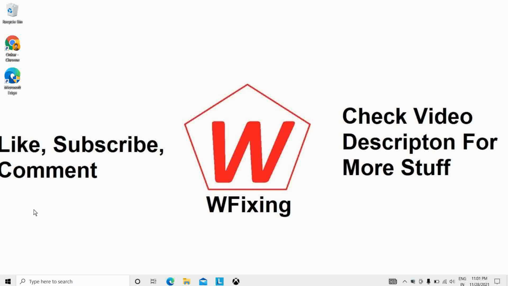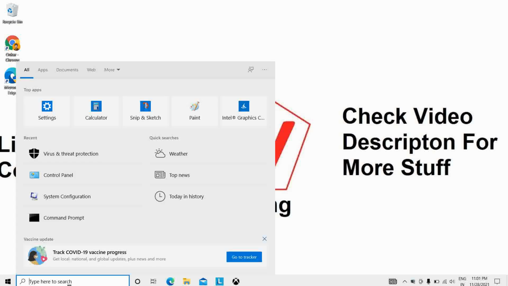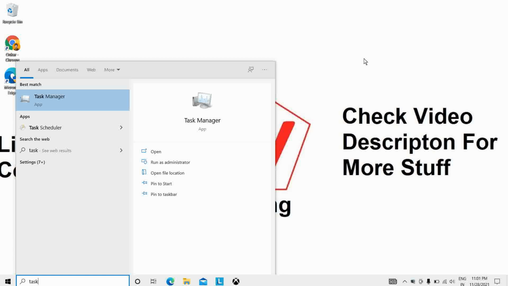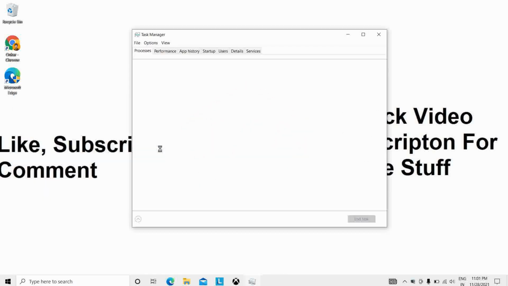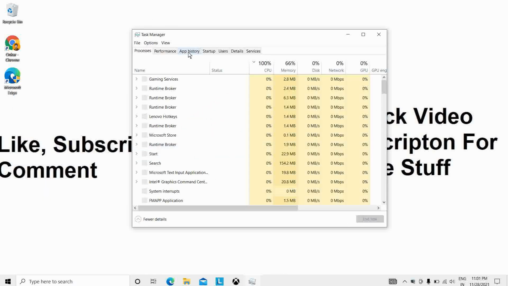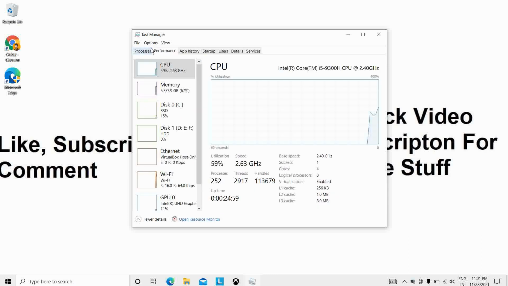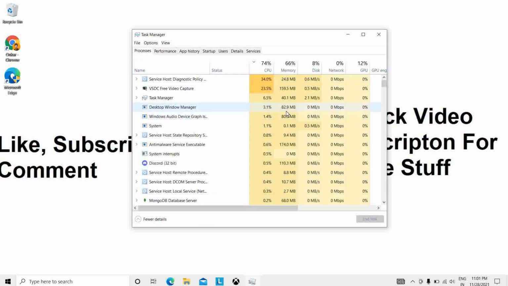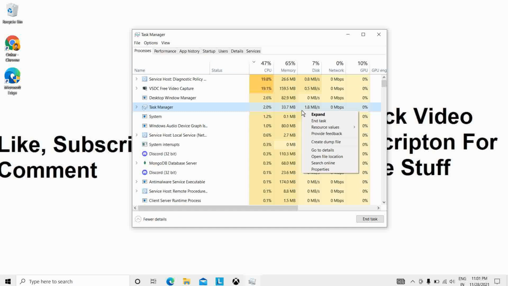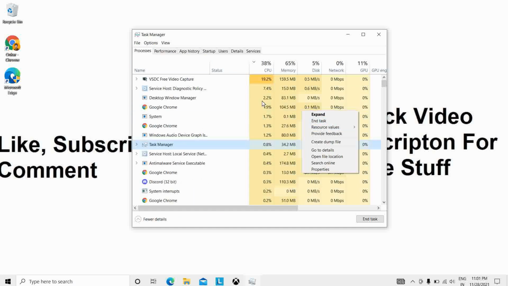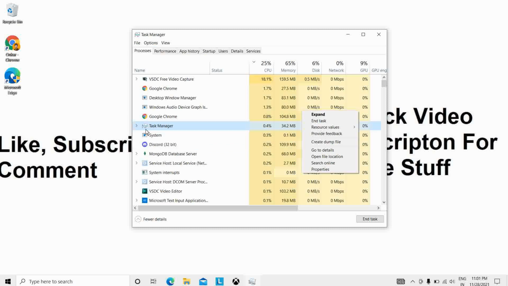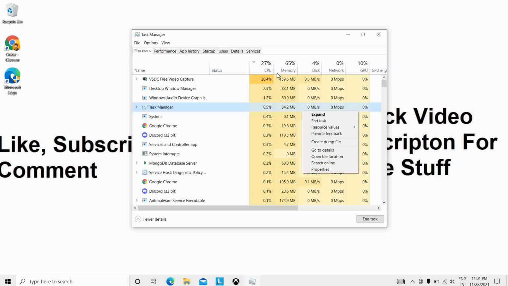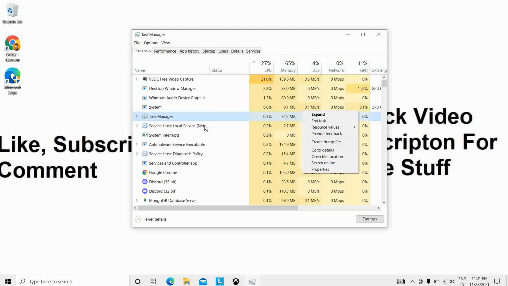For that I will open Task Manager by typing here, and you can see the app history, the performance and the processes. From here in the disk part, if you find any background apps running, I can see the background app VSDC is running here and it's taking too much CPU.